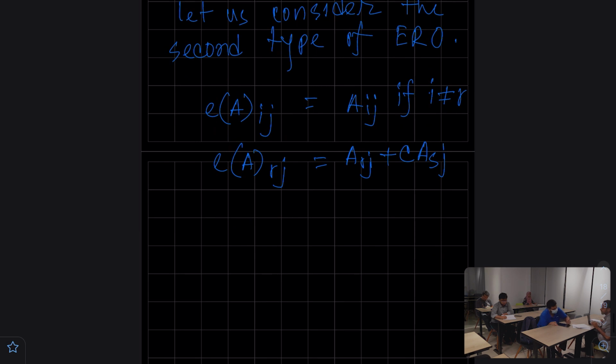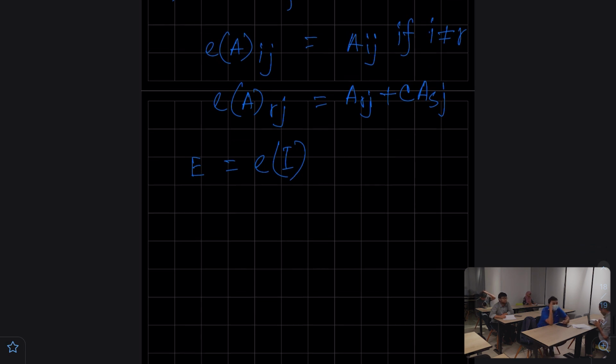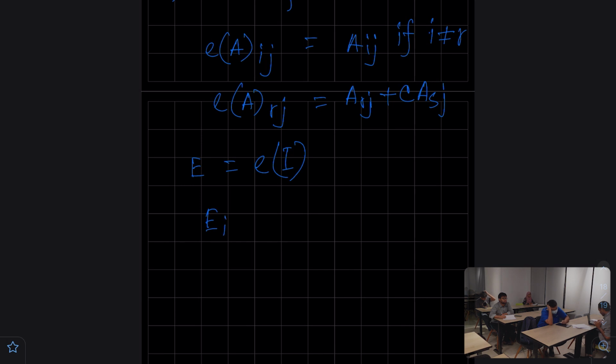Okay, this is the second type of elementary row operation, right? Now let us consider E equals e(I), right? Now what is Eik? This is equal to e(I)ik,